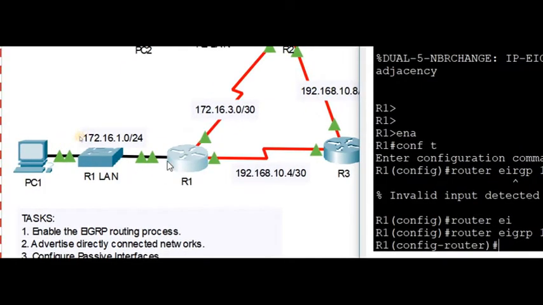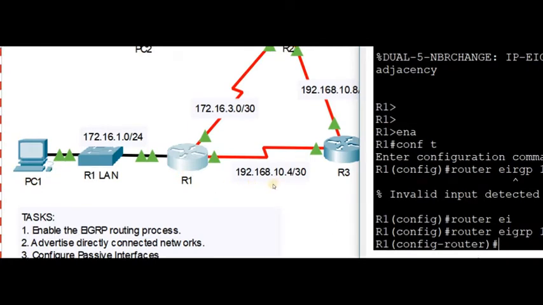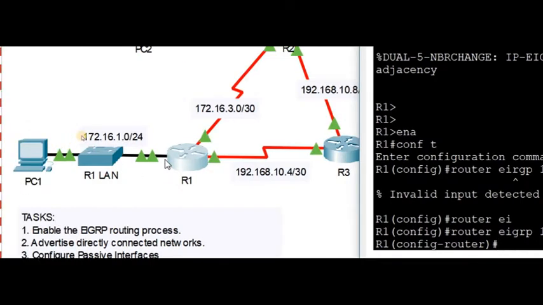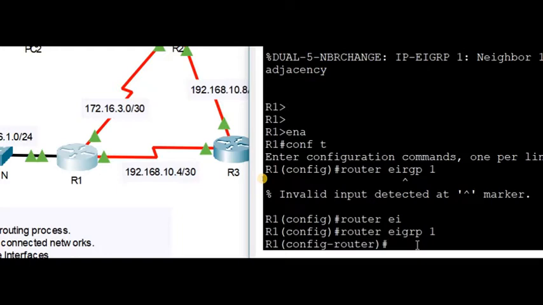You need to be sure what particular port is the interface that is facing your LAN, because you will need to declare that inside router EIGRP as passive interface. So for example, if this is G0/0, that is gigabit ethernet 0/0,